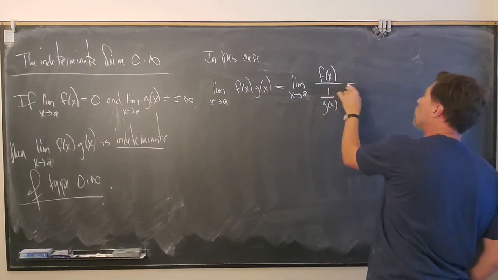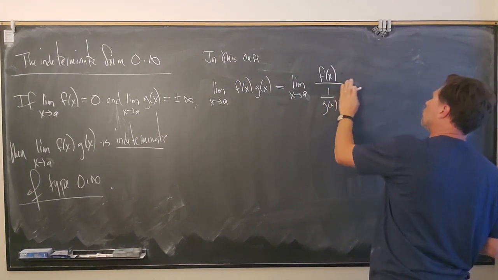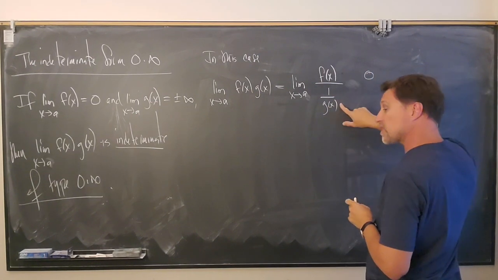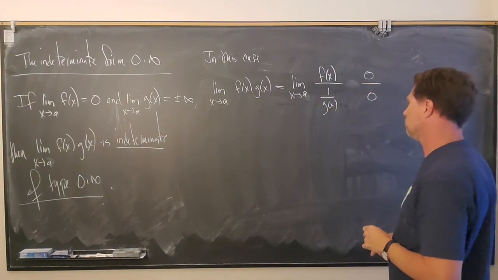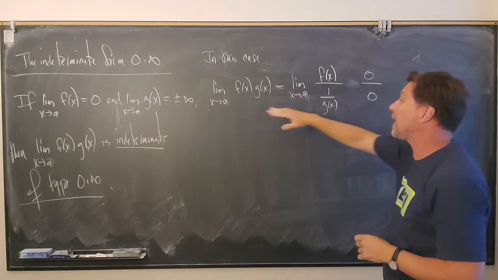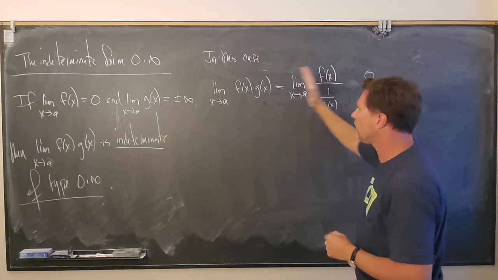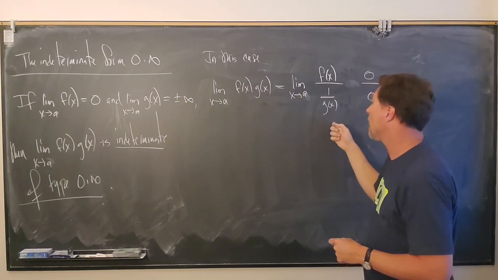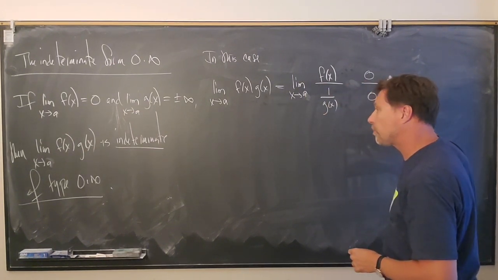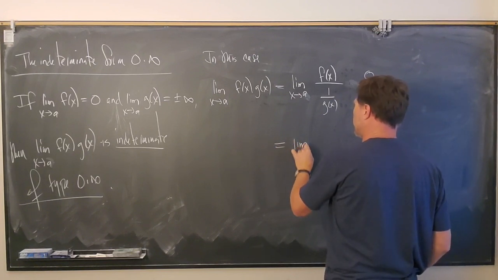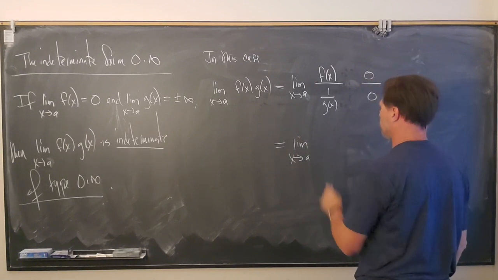Now, f of x is approaching 0. g of x is approaching infinity, which means that 1 over g of x is approaching 0. So by rewriting this as a fraction in this form, and all I'm doing is dividing by the reciprocal, easy arithmetic would take us from one spot to the other. By dividing by the reciprocal of g of x, we arrive at an indeterminate form. And I could also do it the other way. I could write this as the limit as x approaches a of